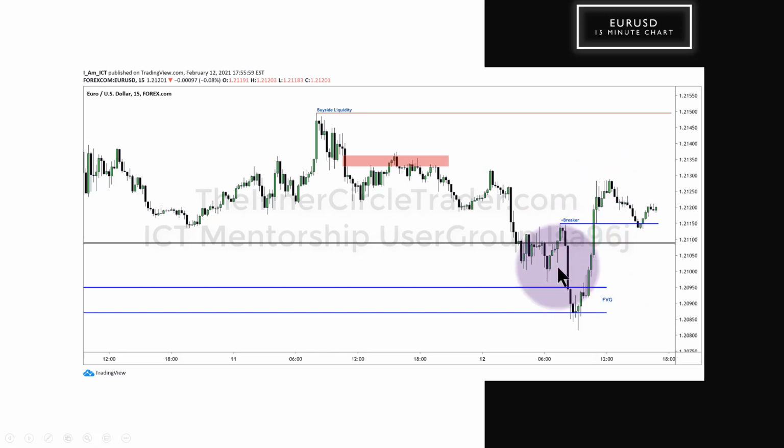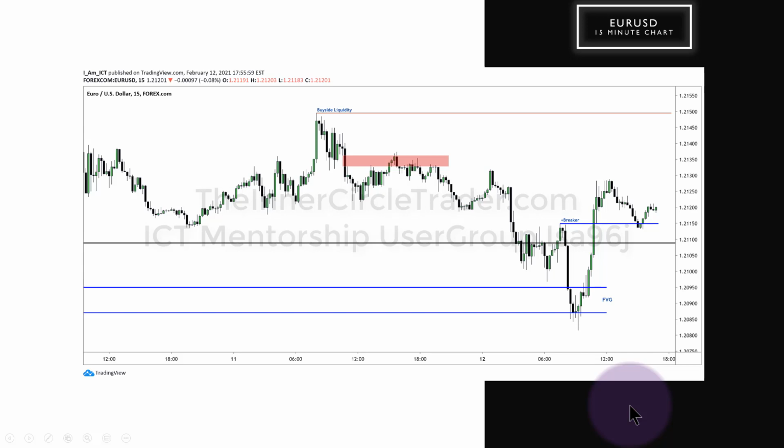We have a bullish breaker in here. Okay, so we have a low, a high, the lower low, last up close candle, extending out in time. So we're going to see if there's any follow through on the upside as a result of that, and then attack the buy side liquidity pool.